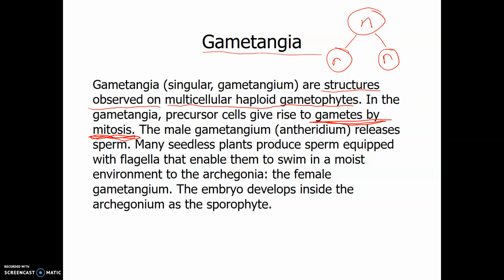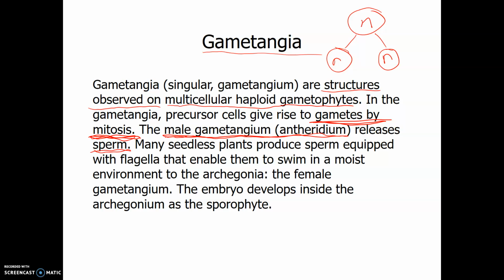There is a male gametangium called the antheridium, and you'll learn to associate anther with the male part of the plant, the word part, anther. So the male gametangium is called the antheridium, and the gametes produced are called sperm. And the seedless plants produce sperm that contain flagella because they have to swim to the egg. The seed plants do not. The seed plants produce pollen, and then the pollen contains the sperm,